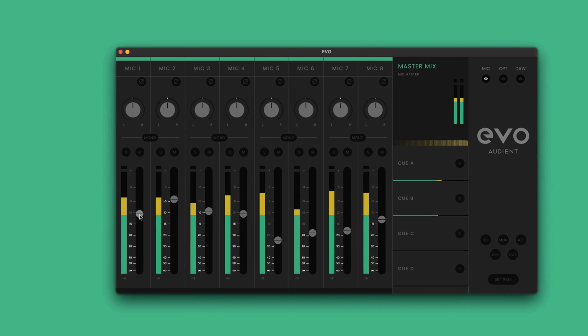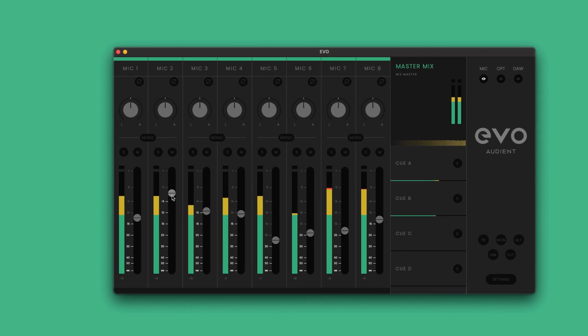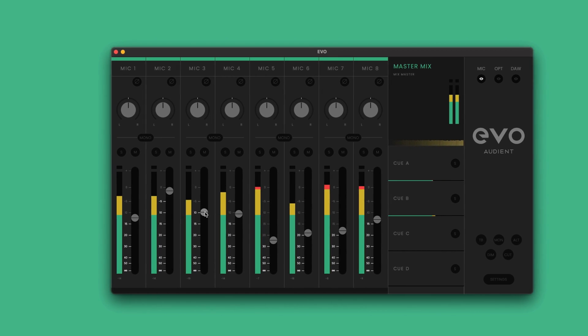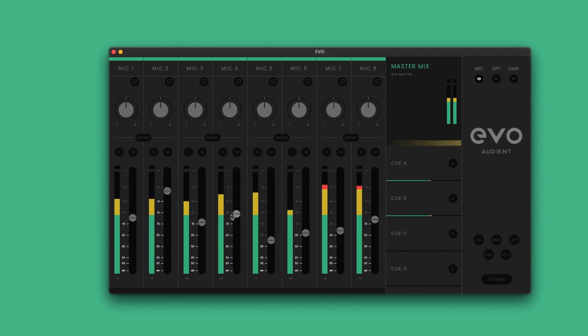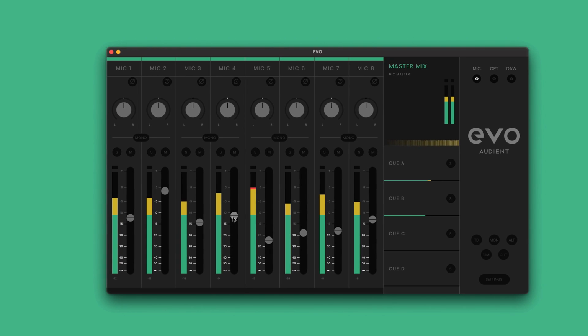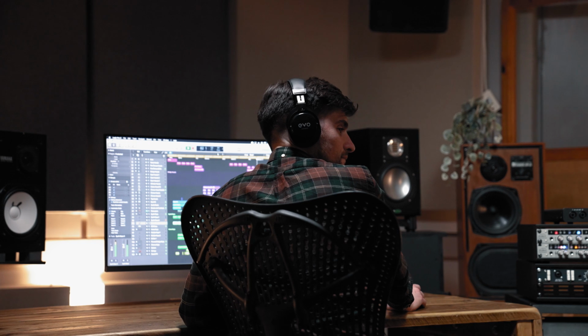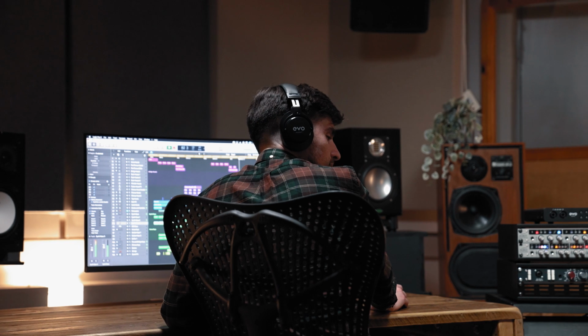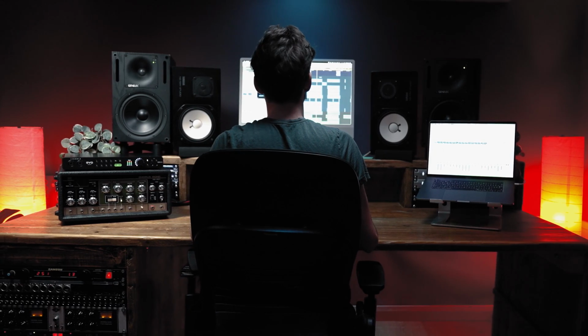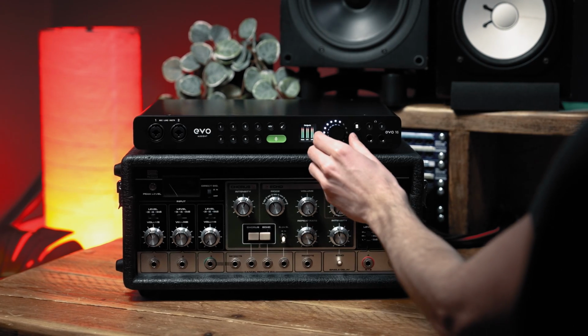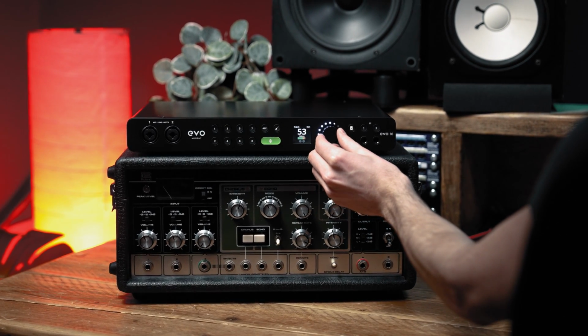Simply put, the Evo Mixer is the control center for your Evo 16 interface, enabling you to customize monitoring, hardware functionality, and general settings to configure Evo 16 to suit your workflow. One of the main advantages of the Evo Mixer is the ability to set up ultra-low latency monitoring, enabling you to listen to your live inputs without any audible delay, and therefore ensuring you're getting the most out of your recordings.